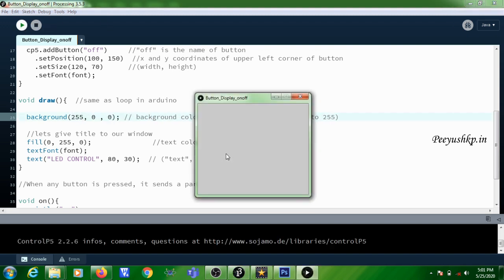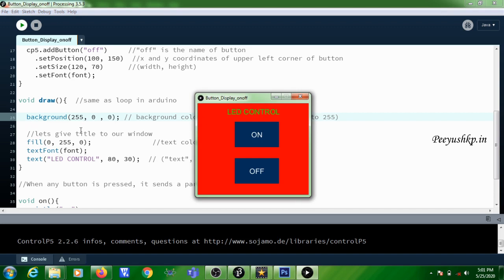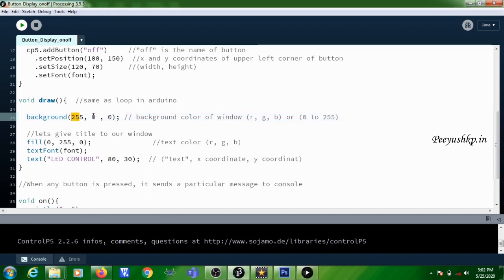If you give 255, 255, 255, the whole thing will be white, right? This represents R, this represents G, this represents B. If you give a value of 100 in R, you will get dark red. If you give 255 in R, the maximum value, you will get bright red.